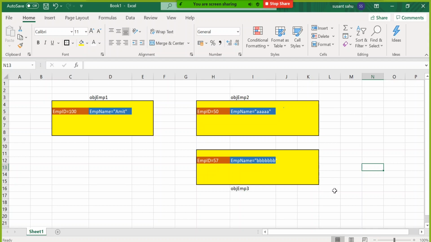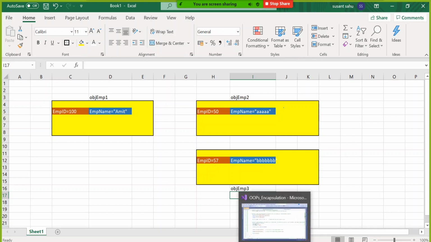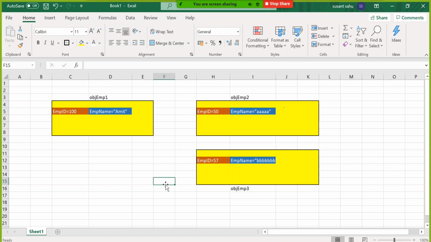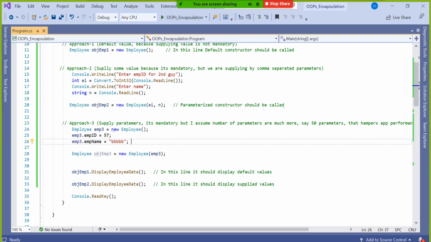But yes, if it is just 2 or 3 variables, 2 or 3 parameters, I would rather suggest the second approach. Why? As I said, creating one object and supplying the data into it also takes some time, right? It has been seen that if the number of parameters is very few, the third approach will sometimes take more time than the second approach. So if there are very few parameters, you will never get a benefit. But if it is something like 20, 30 or 100 parameters, then you should go for the third approach.